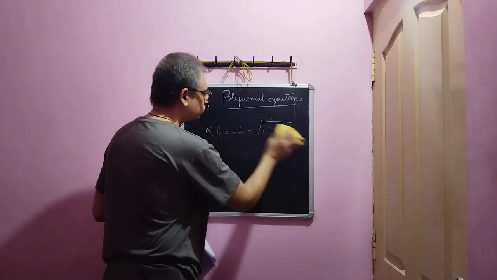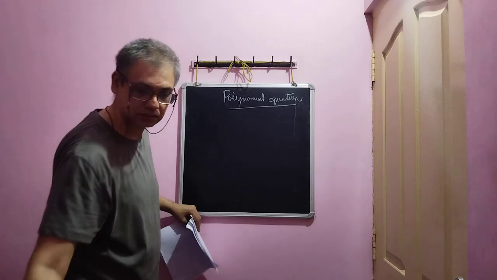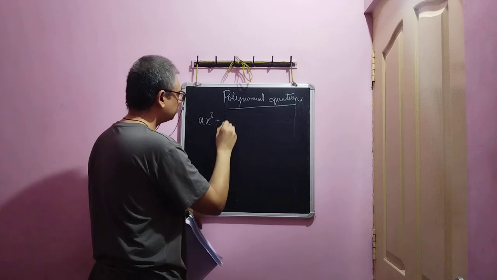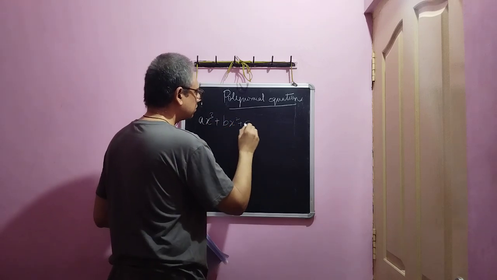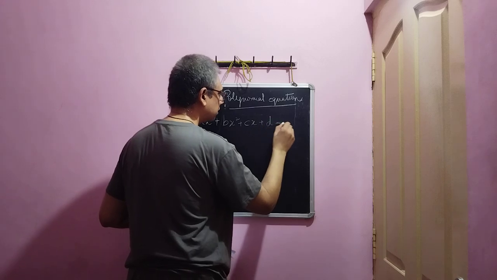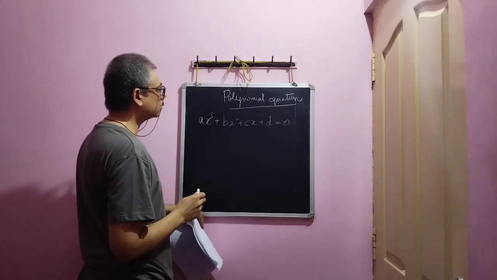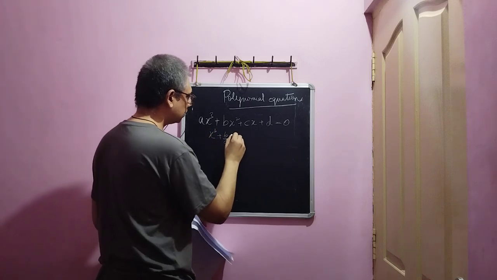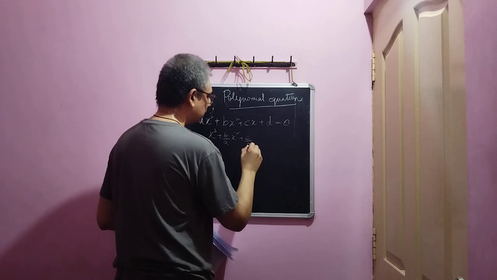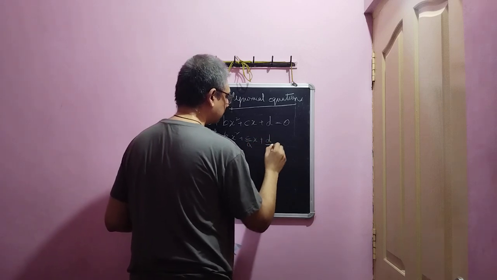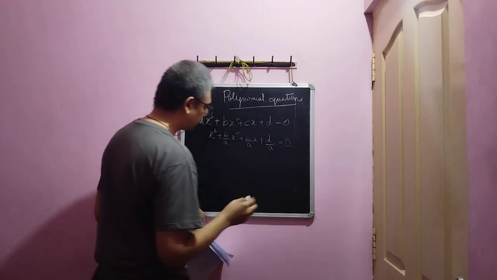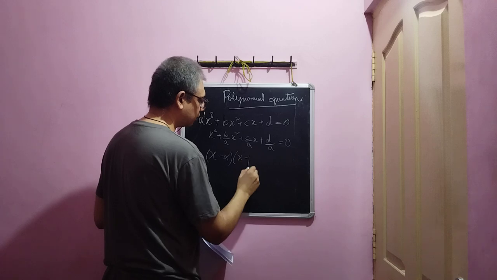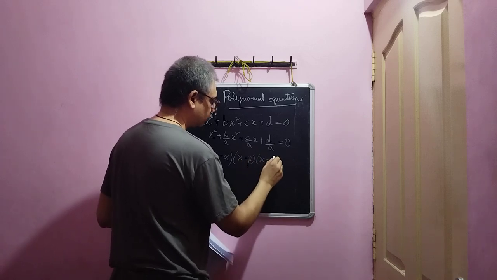Now we move on to a cubic equation. We have ax cubed plus b times x square plus c times x plus d equal to 0. Again, dividing this by the leading coefficient, we get x cubed plus b by a x square plus c by a x plus d by a equal to 0. Again, if alpha, beta and gamma are roots of a cubic equation, then the cubic equation